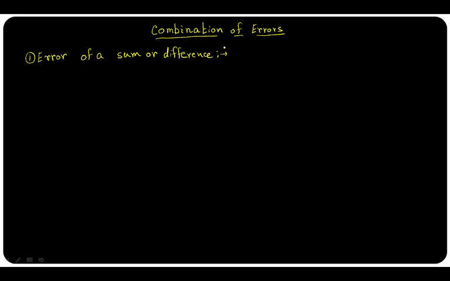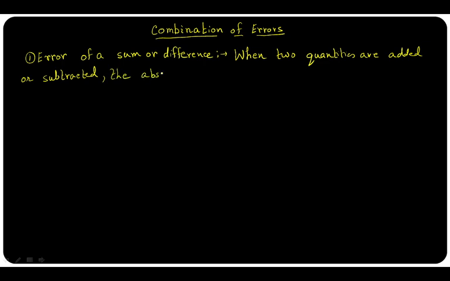What we get here is when two quantities are added or subtracted, the absolute error in the final result